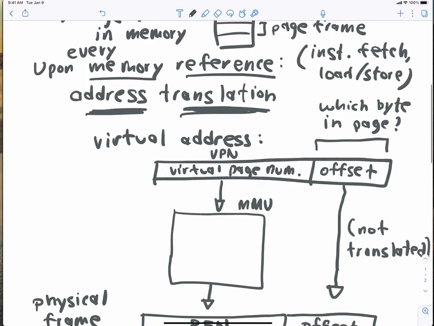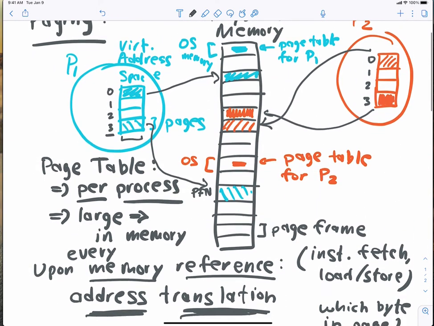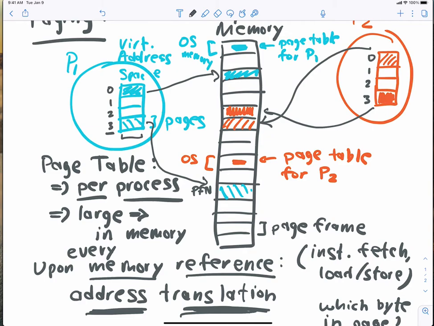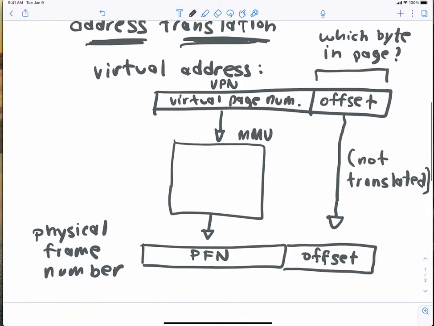Okay. What it also means is, remember, this is happening all the time. It's happening on every instruction fetch. It's happening on loads and stores. And it means the hardware has to know stuff about the page table in order to be able to do this translation. The most fundamental thing the hardware needs to know,